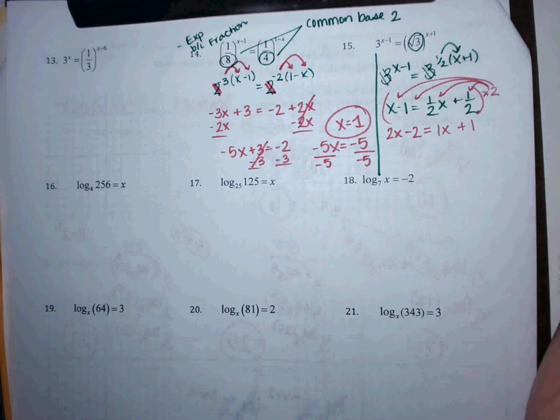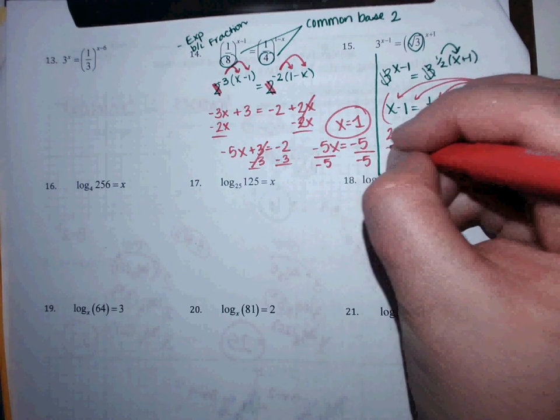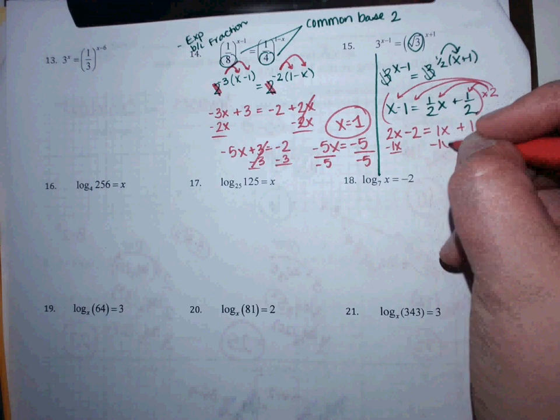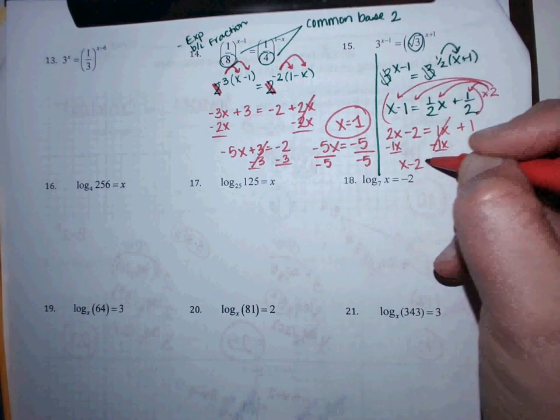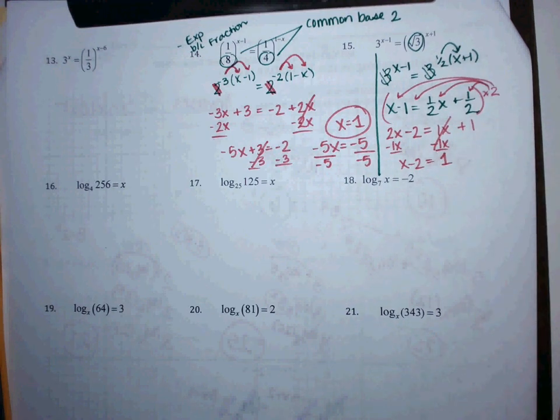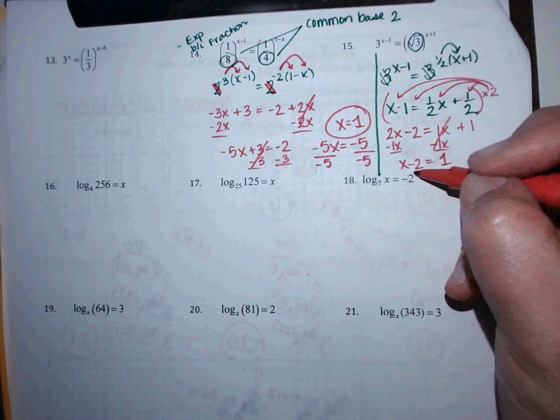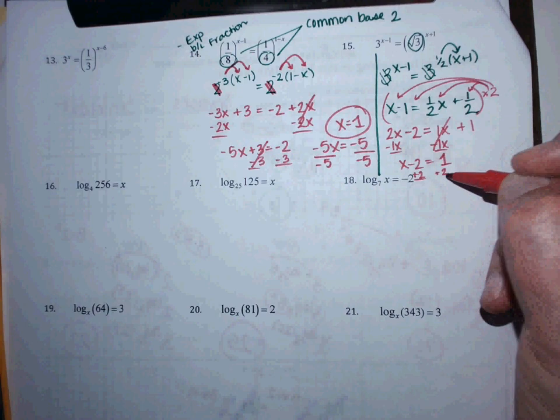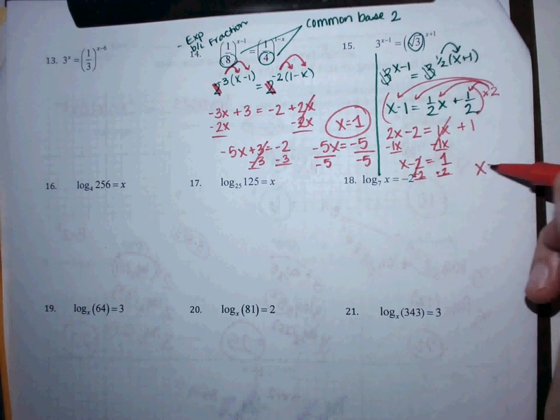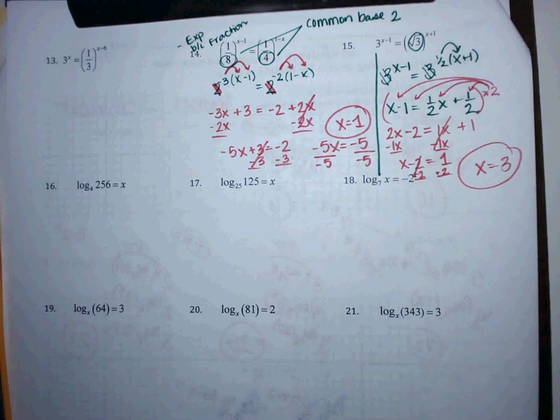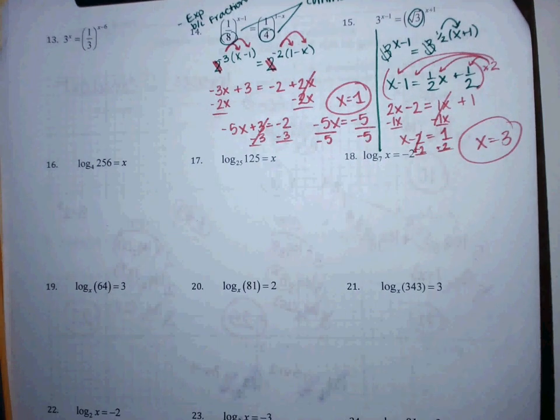And then from there you can just finish solving it regular. So I'm going to minus my little baby over with the mama. 2x minus 1x is x, minus 2 left over, equals 1. And then to get rid of this minus 2, I'm going to plus that 2 across. So negative 2 plus 2 cross out, x equals 3. Okay? Alright, we're going to go straight down the middle for these last couple, and then you can finish on